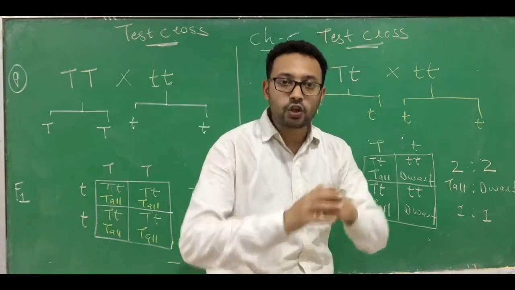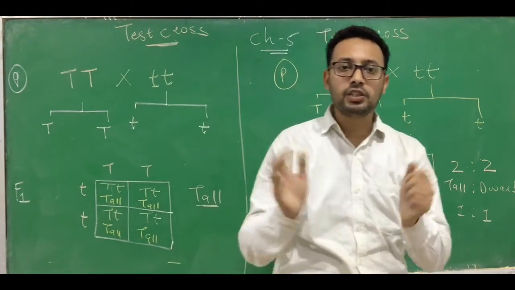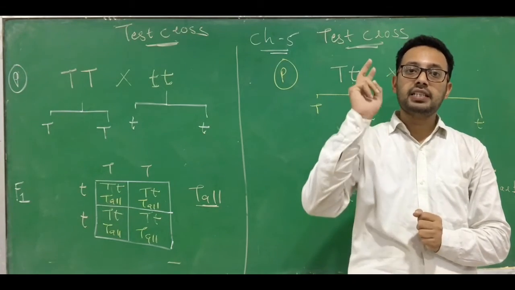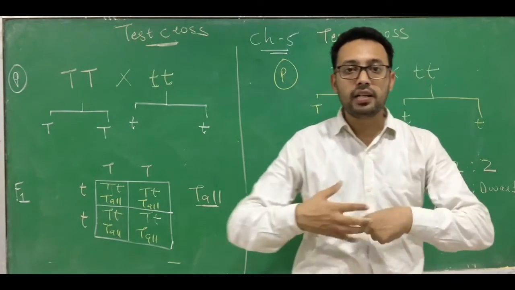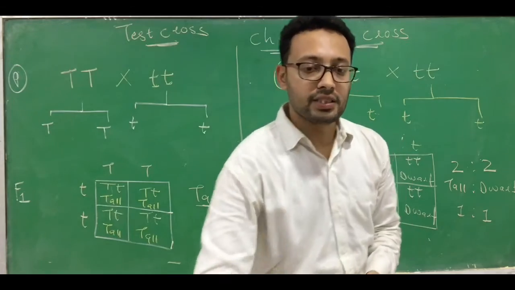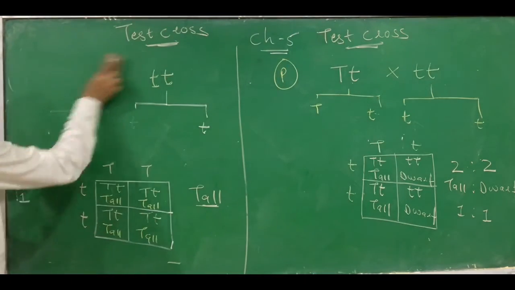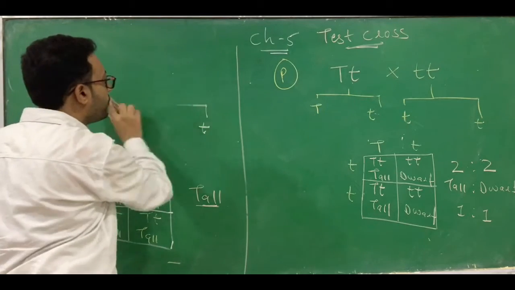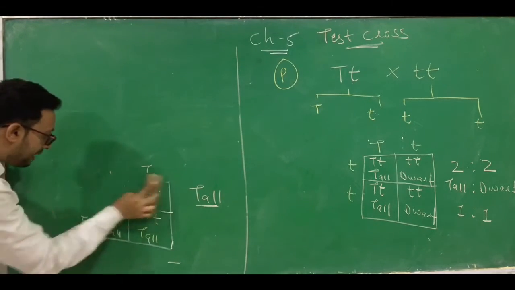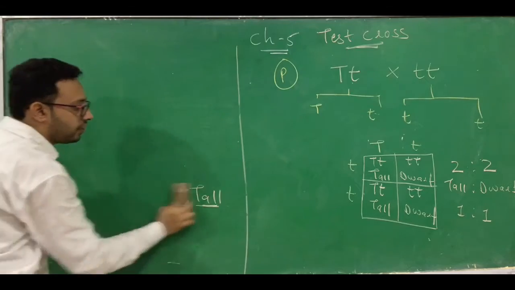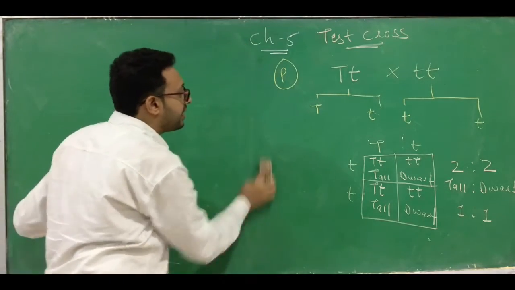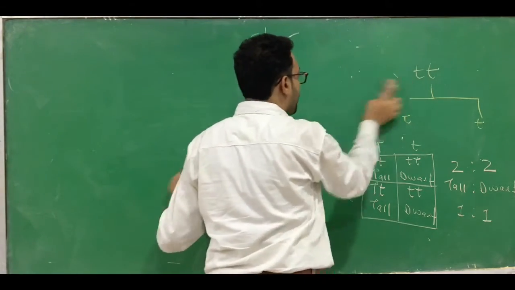Okay, and based on all these observations, in Mendel's monohybrid experiment, Mendel has given 2 laws. Mendel has proposed these 2 laws, and these laws are very famous and mostly acceptable. There are also a few exceptions where it is not applicable, but that we will see later on. In most of the cases, it is applicable.